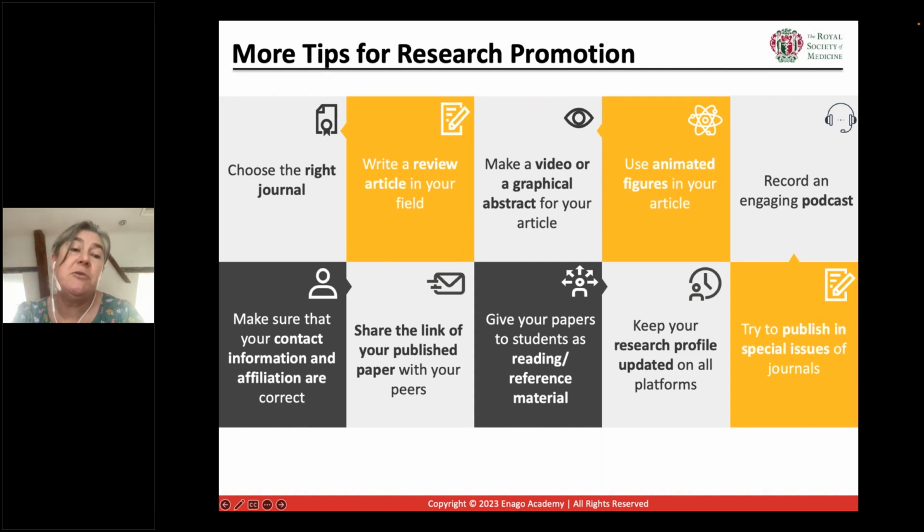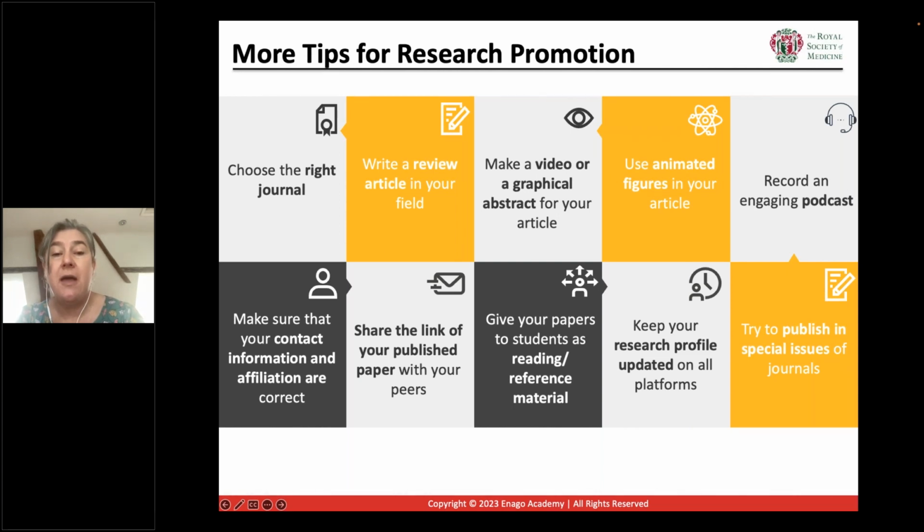Make sure that you share links to a published paper. Often the publisher will actually be encouraging you to do that as a way for them to get more engagement for the journal and for your paper. If it's relevant, provide the papers as teaching references, materials for students.